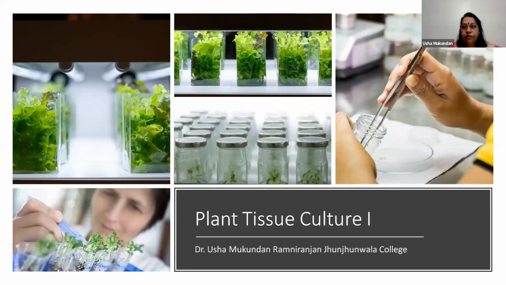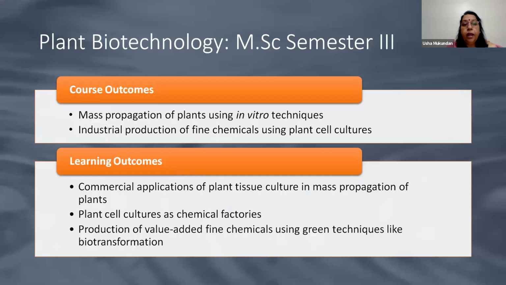So good morning, everyone, and we are starting with the entire course on plant biotechnology, which has got different units. In fact, there are 4 units. And as you know, whenever you do a course, what does a course mean? Anything which has more than 2 credits.